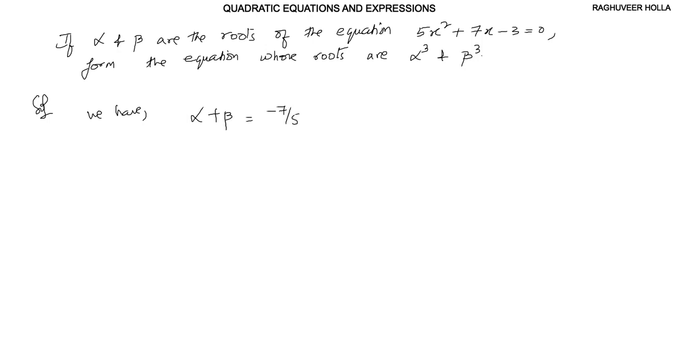So we have alpha plus beta is equal to minus 7 by 5, and alpha into beta is minus 3 by 5. Now the sum of the roots of the equation,